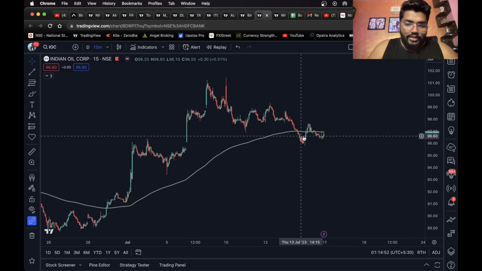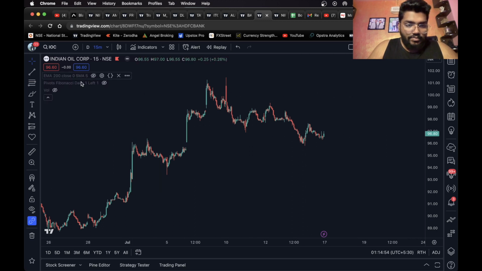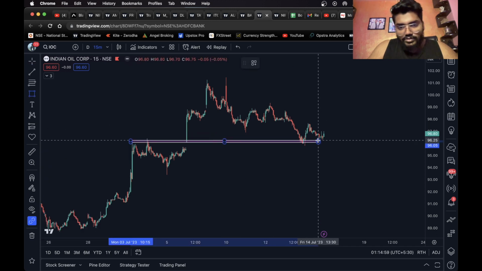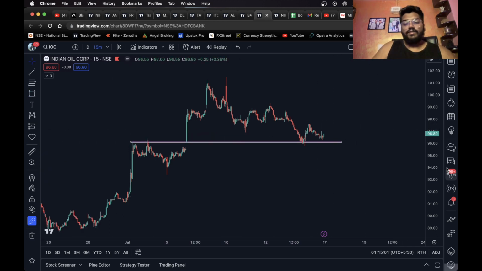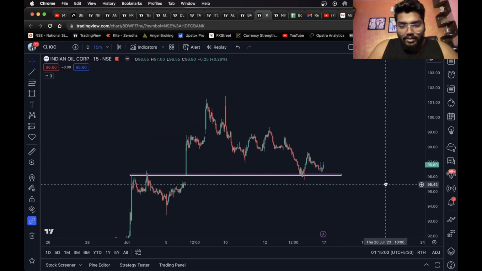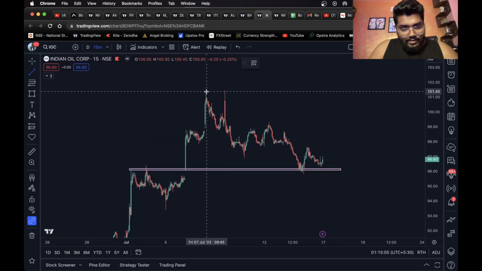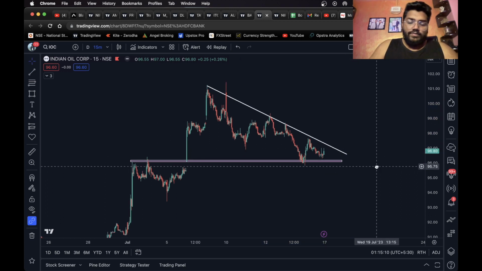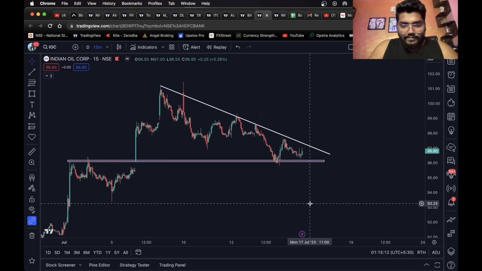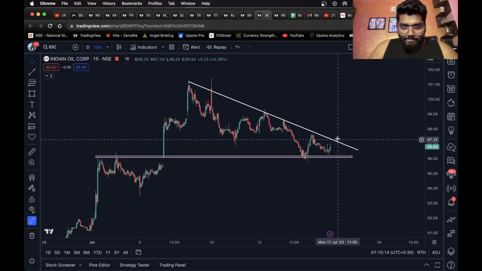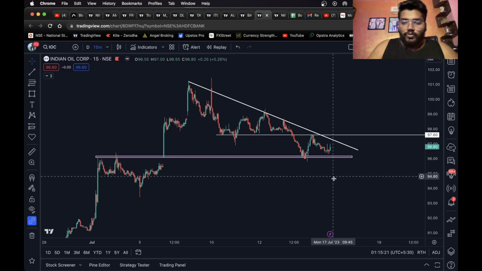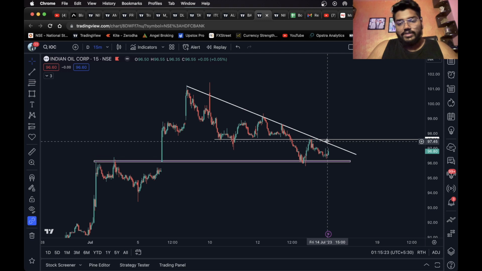Okay, it's near the 200 EMA. Good. I'll just remove it so that I can clearly draw the levels. See, beautiful, right? Do we also have a trend line over here? We do have a trend line over here. Okay, we also have a trend line over here. Beautiful. So what you can do is wait for it to break out of this trend line,